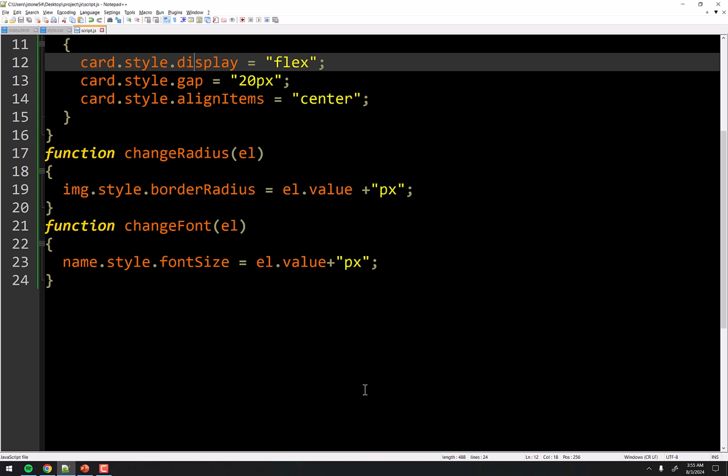But if it's just in the CSS, then there's no dynamicness to it. With the JavaScript, you can see we're toggling back and forth between it. This is how you can set things up to have a light mode, dark mode website if you want to do that, and a lot of other things.